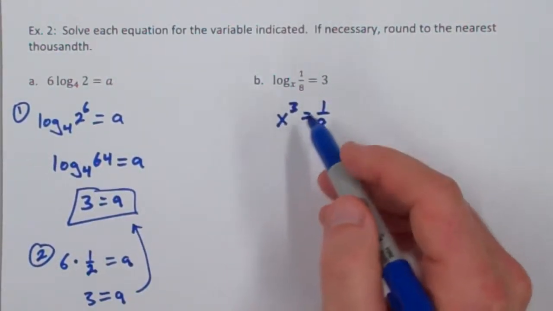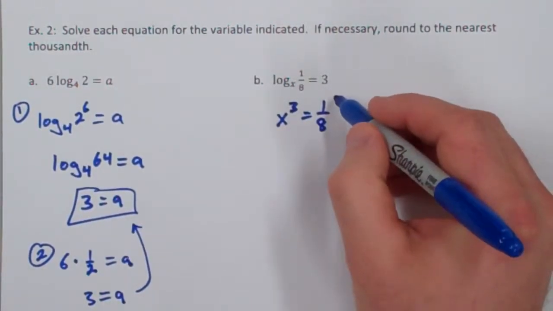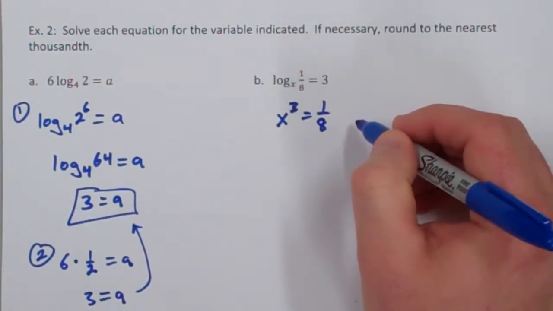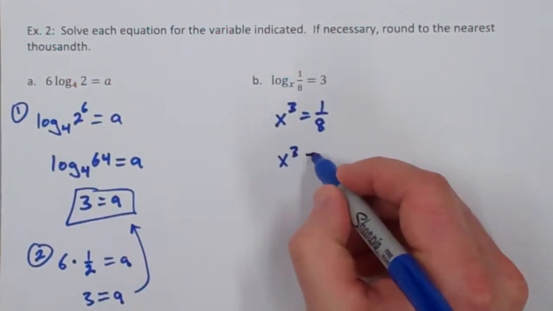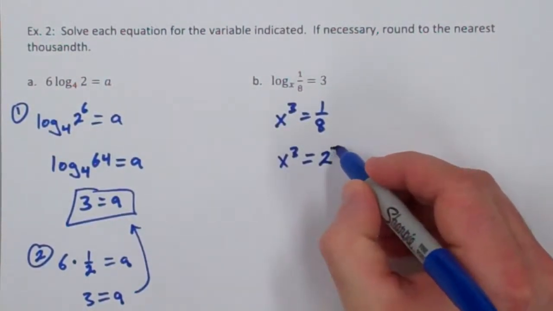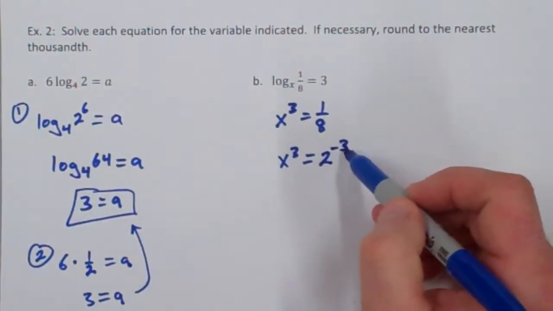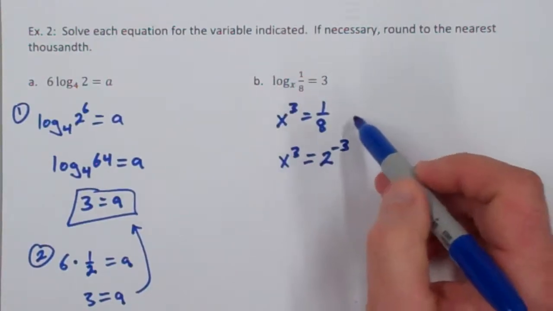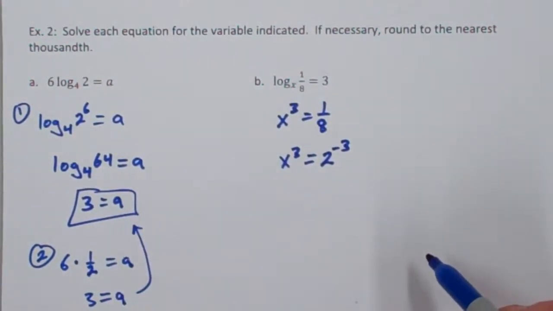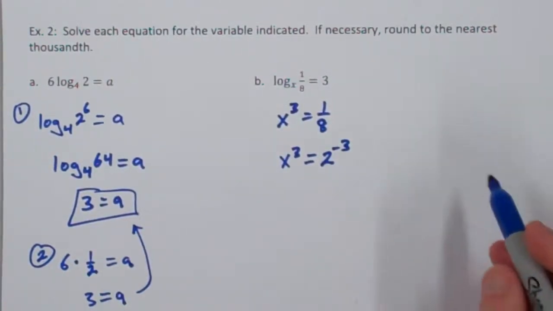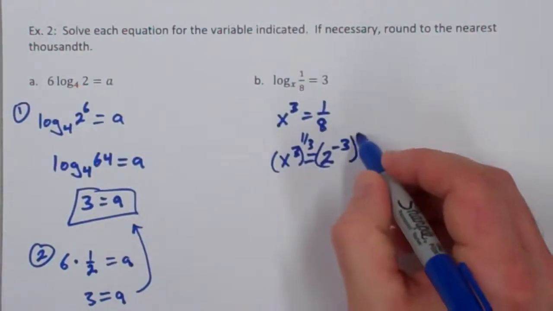If we solve this, we can take this, raise it to the 1/3 power. That would work. I'm going to rewrite this first, though, if I want to do this by hand, as 2 to the -3 power. 1/8 would be 2 to the -3. The 2 to the -3 would move to the bottom, making that 3 positive, and then 2 to the 3rd power is 8. If we raise each side now to the 1/3 power,